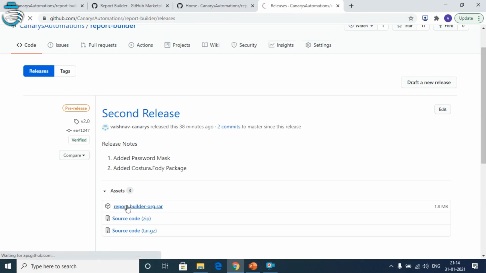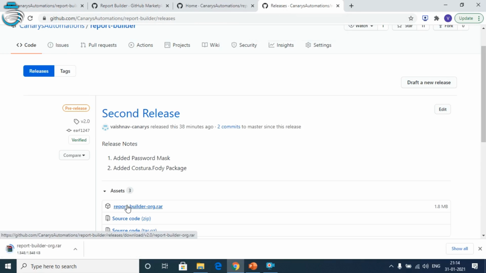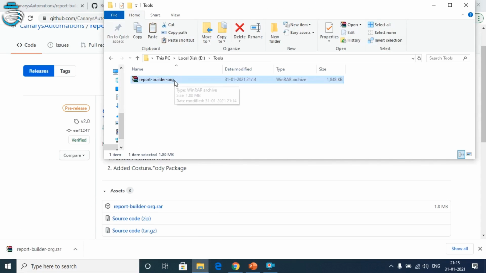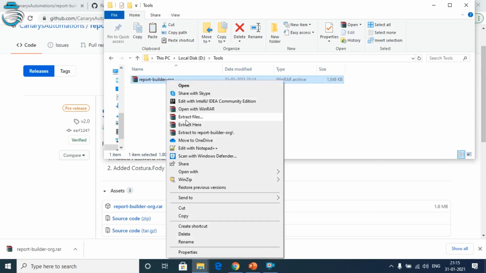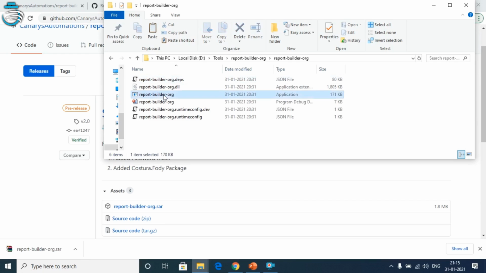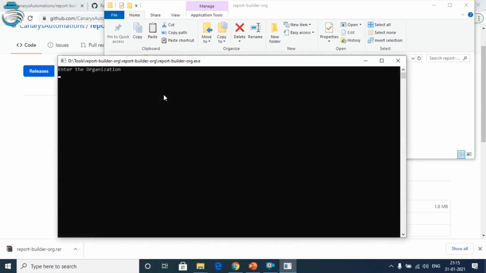So I'm going to download here. Once you download the tool, just extract it, and once you are in this, just execute the exe from here. Now enter the organization name which you want to pull the data of. So I'm going to enter Canarys,